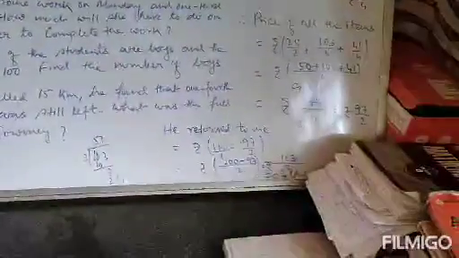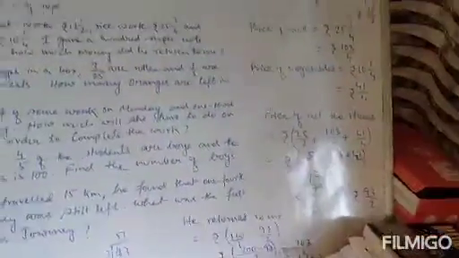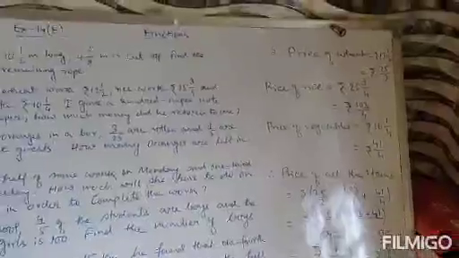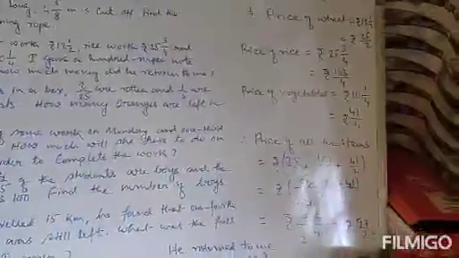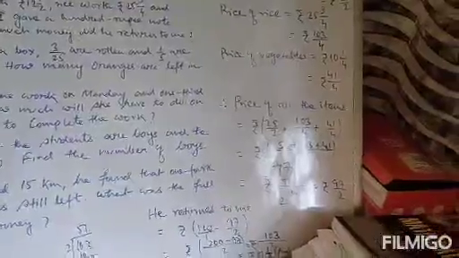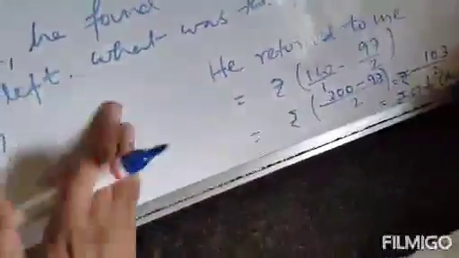This amount of money he will return to me. That means the shopkeeper will return rupees 51 and 1 by 2 to me. So first find out the price of wheat, the price of rice, the price of vegetables, and then add all these items and then subtract it from the rupees 100, and that will be the answer. Next